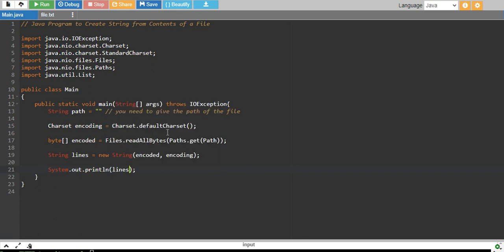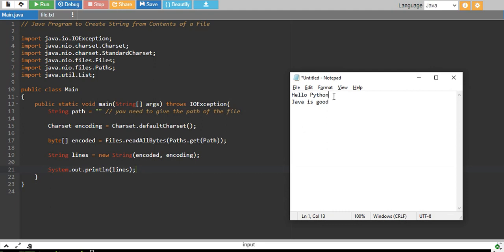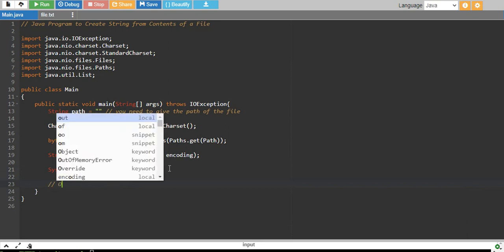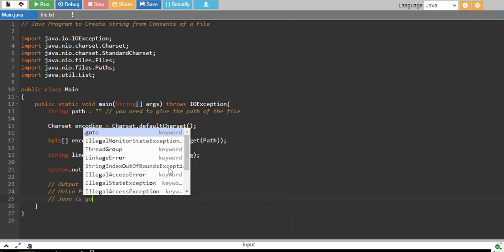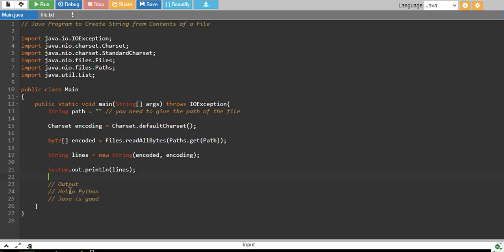If you run this and you have a file like this, hello python, java is good, then your output will be something like that. You will have hello python, and on the next line you will have java is good. This will be your output instead of a list.